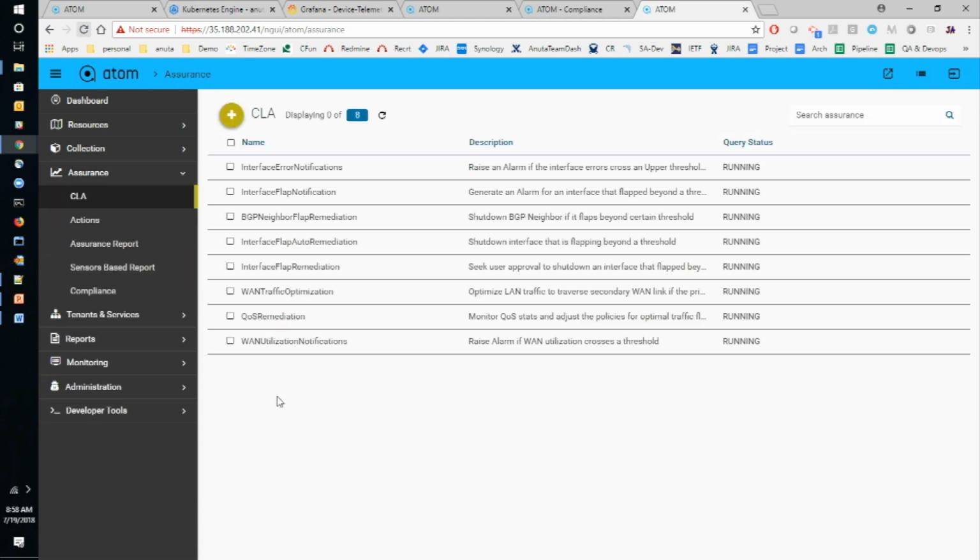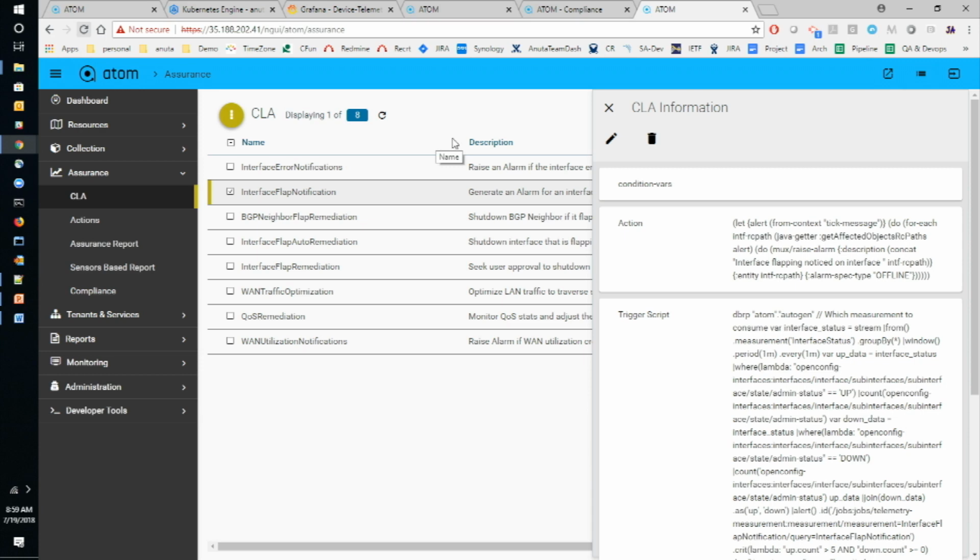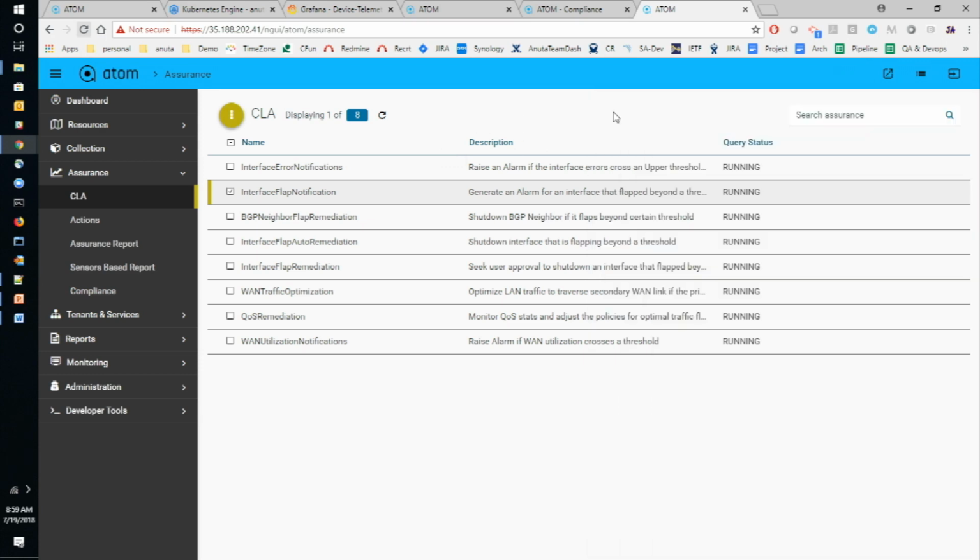Closed loop automation is where we can write a condition on top of the data that's coming in. The condition could be to watch a particular metric, like interface status or interface errors, and the QoS provides a lot of these metrics also. Let's say, for example, you want to monitor interface flapping. That use case involves monitoring the interface status, and if the interface flaps like 15 or 20 times within a 1 minute window, I want to raise an